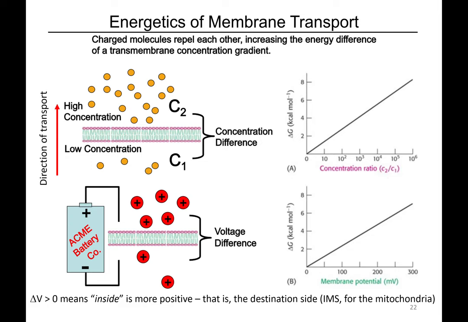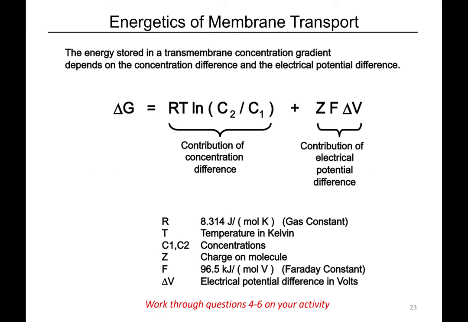So the same kind of theory applies here. As this membrane potential increases, that means there's a bigger charge difference across the membrane, the more energy it takes to move something that has a positive charge against that charge gradient, okay? Each of these are calculated separately, but we can combine them together in one kind of big piece, and that's this equation. The first part of it is something that should look very familiar to you. Delta G is equal to RT natural log of Q. That's what it is,